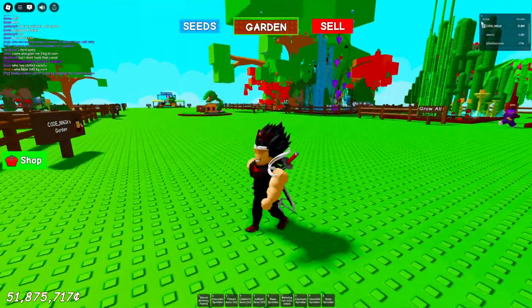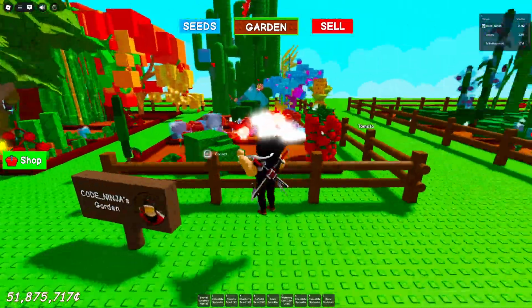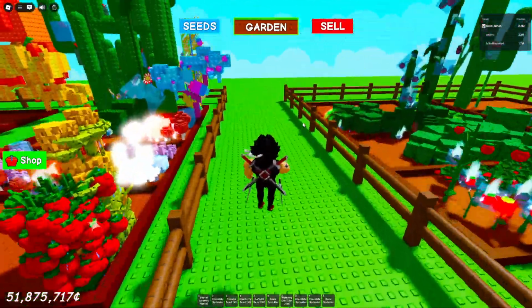We're gonna sacrifice one of our friends. Let's see if anybody is in our friend list right now. Okay, nobody's in our friend list right now. I have to call the friends, but if you have a friend in the server, what you want to do is